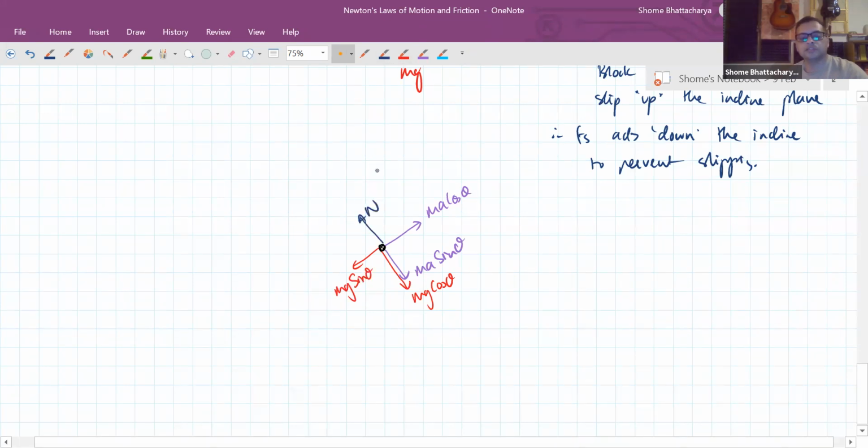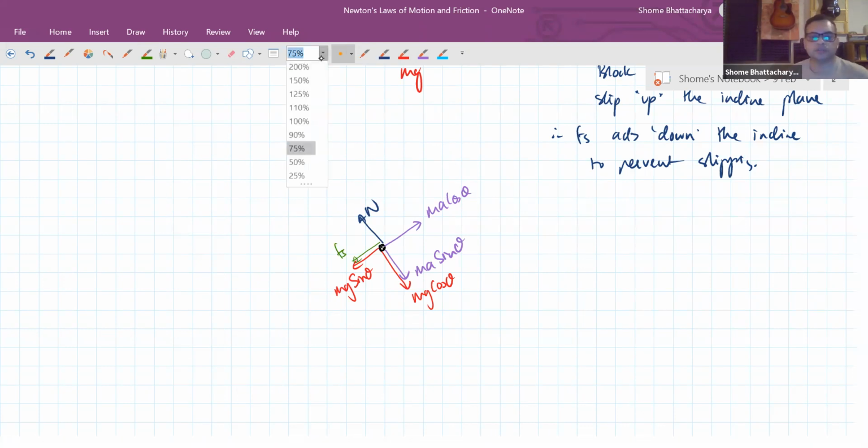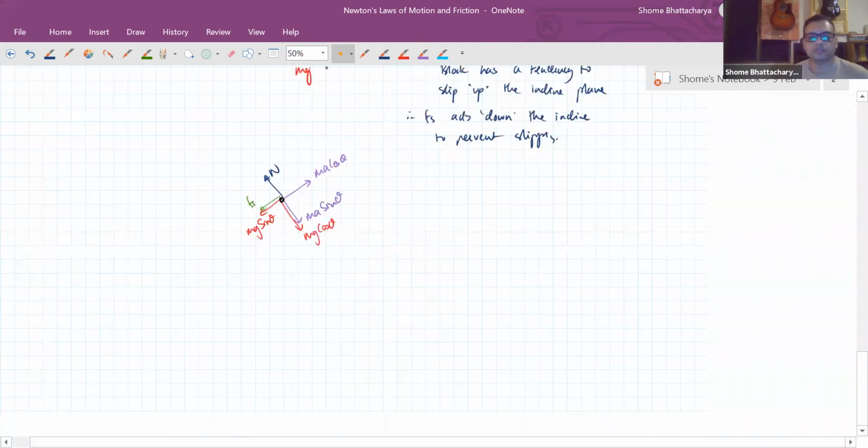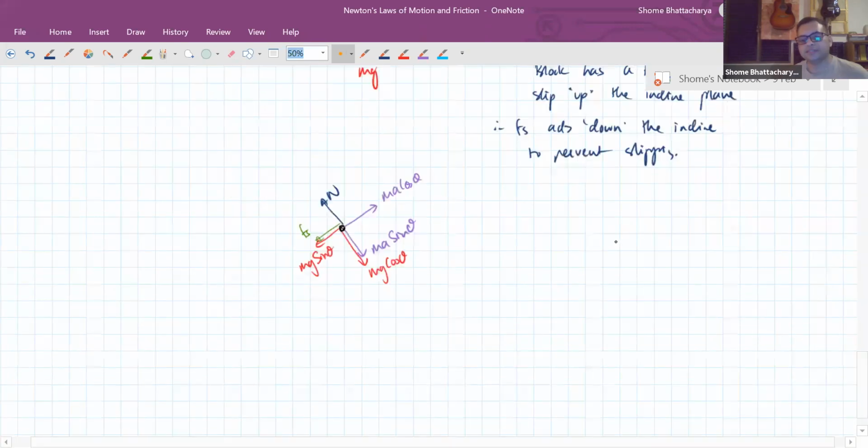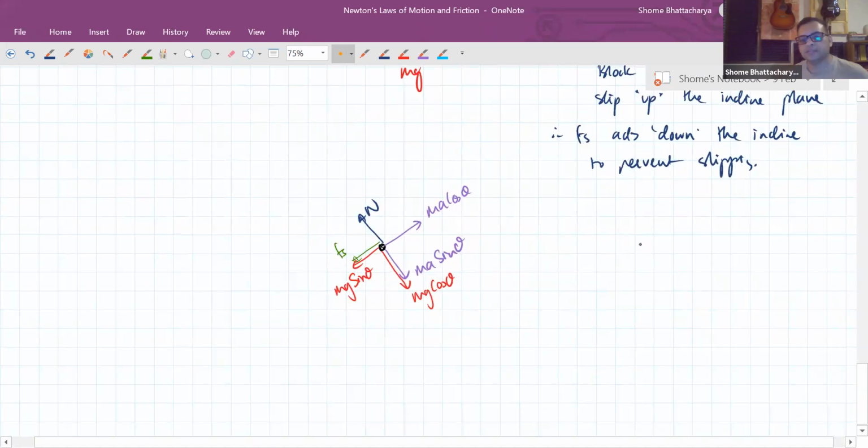This is the normal reaction, and finally the static friction acts in this direction. Now, one of the reasons why I wanted to discuss this question is because now we will also use a sort of shortcut trick for solving the equations for this. And that shortcut trick is that when we are applying the condition that static friction plus mg sin theta